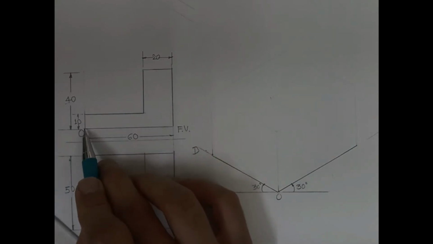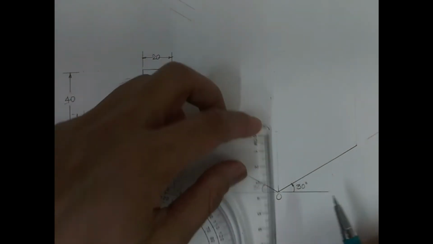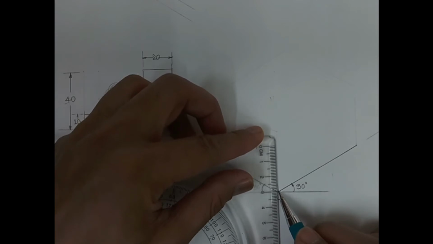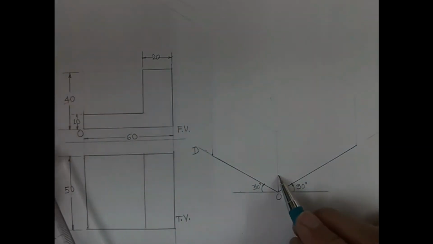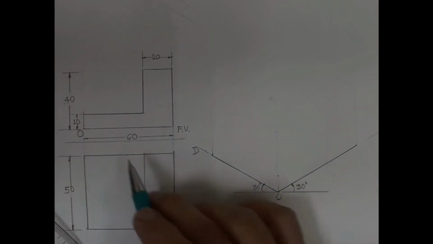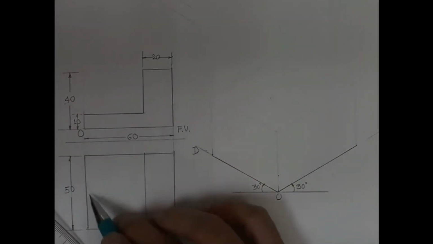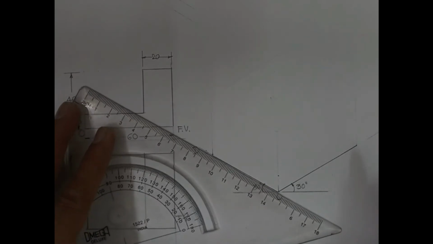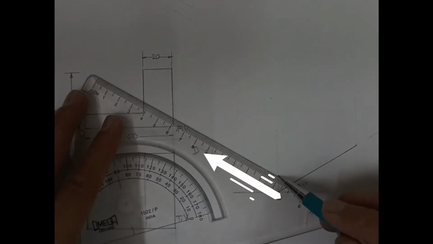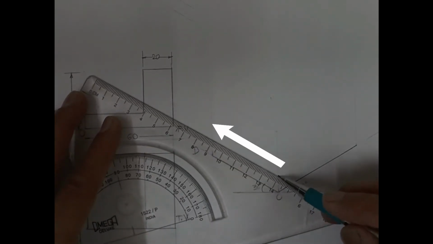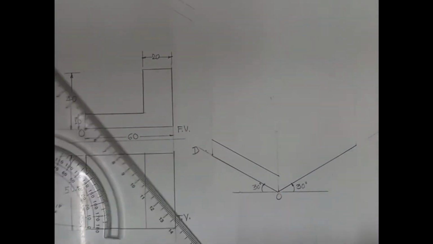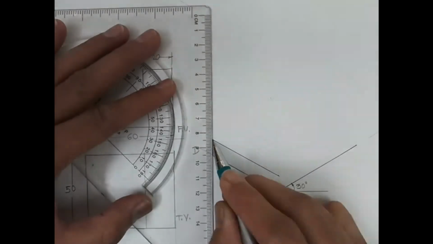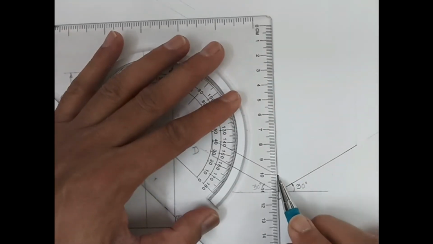which is 40 mm, has a thickness of only 10 mm. So we start constructing that part by taking 10 mm height from this bottom point, from the origin. So this is the 10 mm height taken here, and that 10 mm height is also uniform throughout the width. So we need to draw one line parallel to this, which will give the required thickness of 10 mm. I have drawn that line at 10 mm height, and this part is made thick because it is visible.